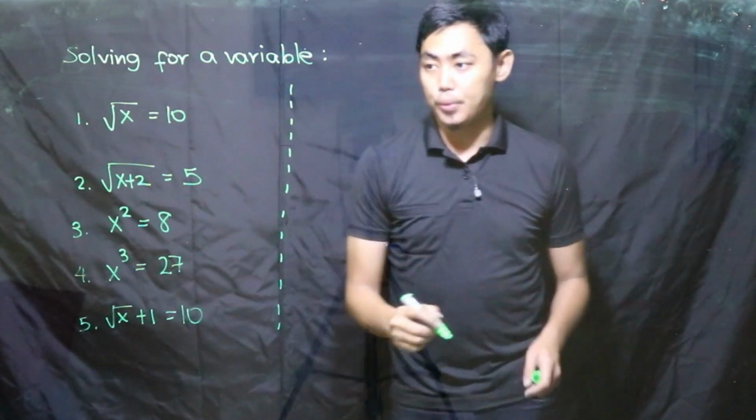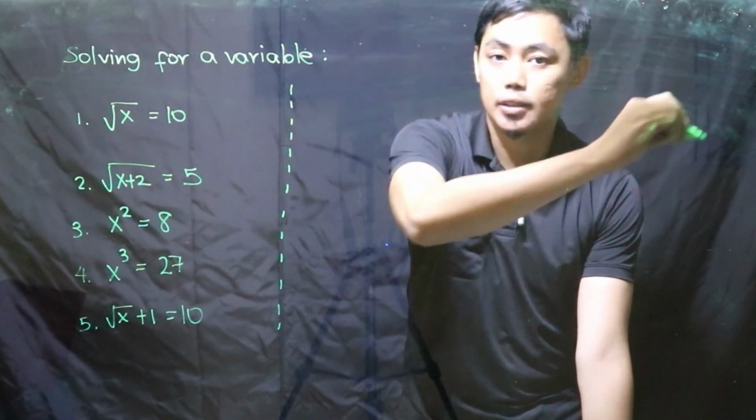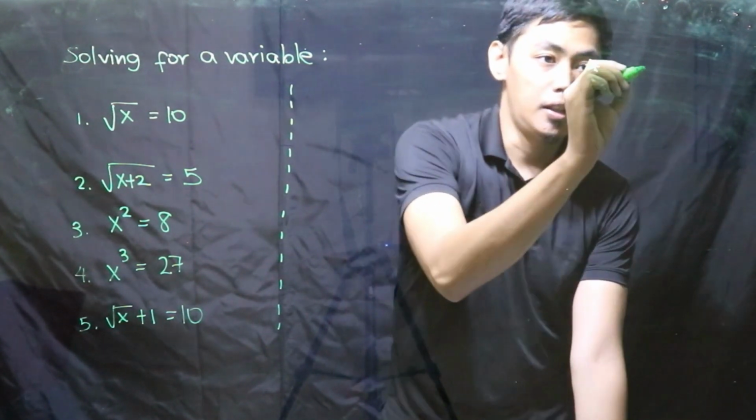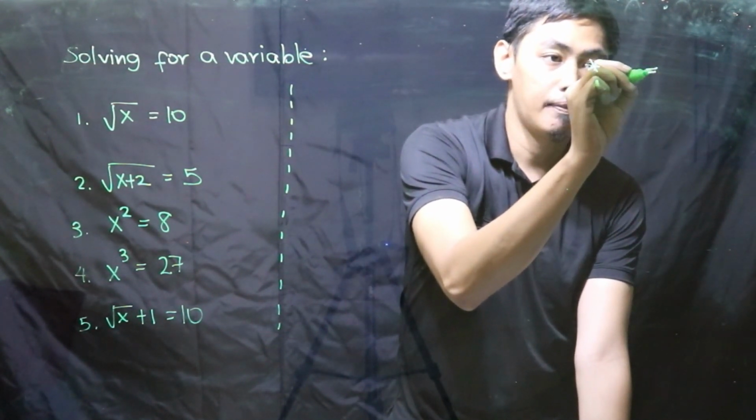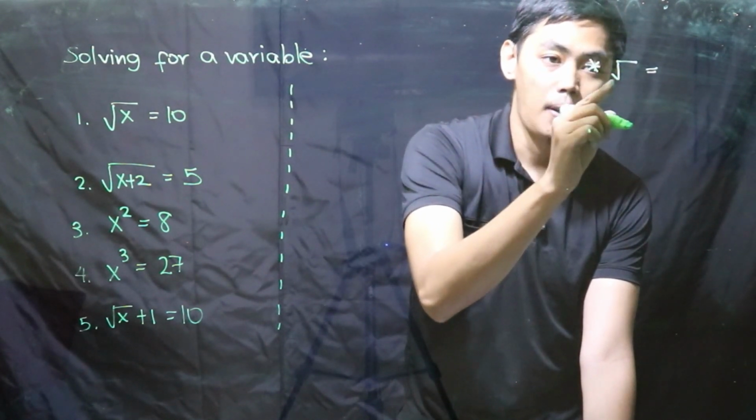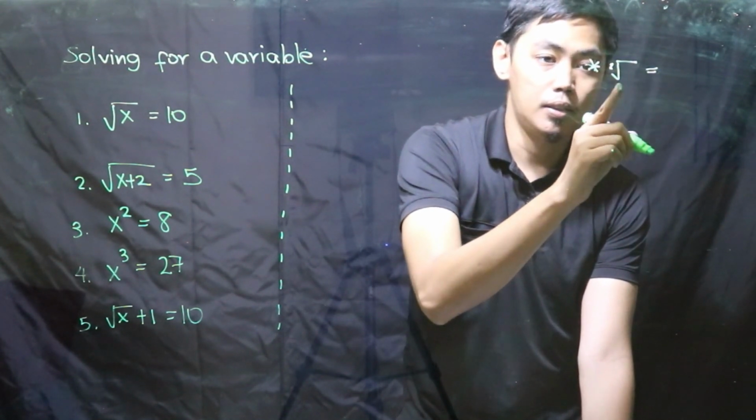Before that, I will give you the rules. So the rule is, I'll just write it in here, asterisk. So if you have an equal sign, so if you have square root here, if you will